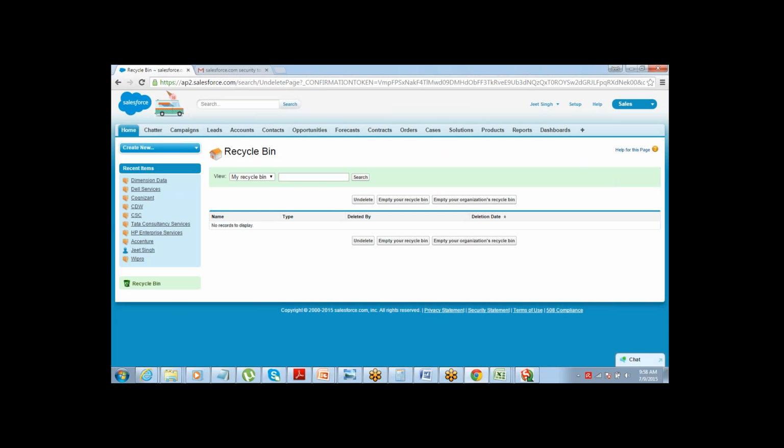Can I filter them based on the date to restore, rather than selecting? So you're saying that only the records which were deleted on a certain date need to be undeleted? Yeah, that's what I'm trying to do.